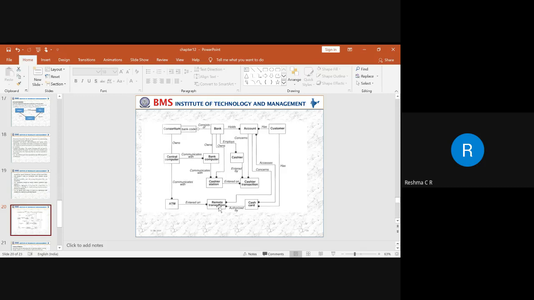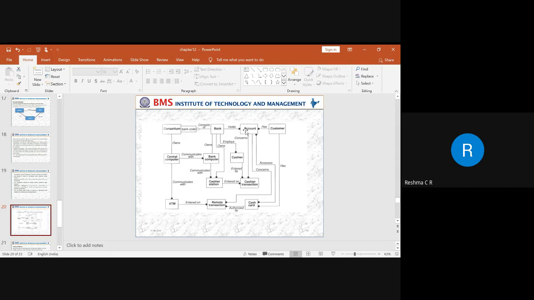So here we have different classes. For a bank consortium to identify, we have used a qualifier attribute, the bank code, and this consortium is an aggregation of banks. So here, what is the type of association? We are taking the type of association as consists of, that means this bank consortium is being made up of different banks. This bank holds an account.